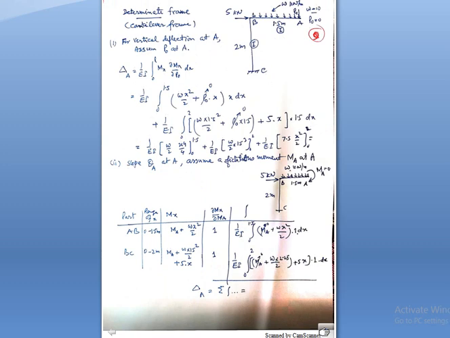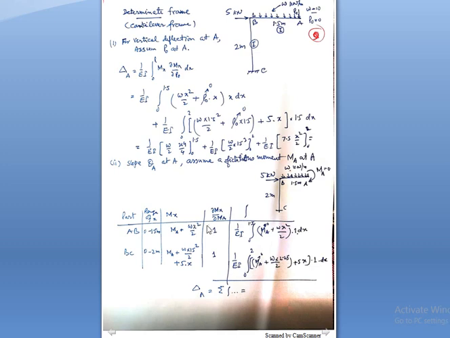In this I have tried to solve the problem of a frame; a cantilever frame we have taken as an example. And instead of writing these things directly in the equation, we have also tabulated our answers of integration etc. in a tabular form. This is mostly followed by engineers. What we have done is, for part AB, the moment equation is written. For part BC, the moment equation is written.